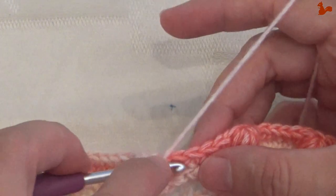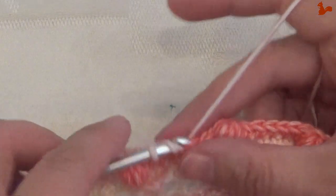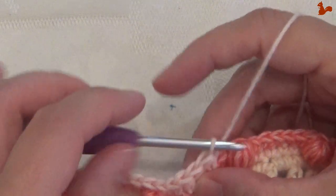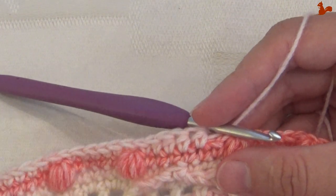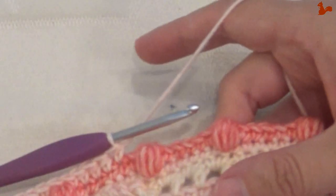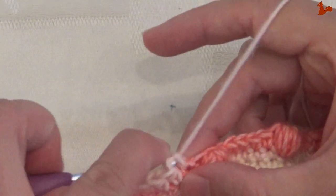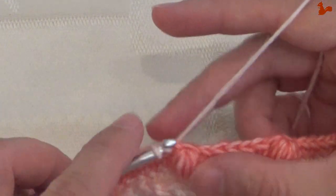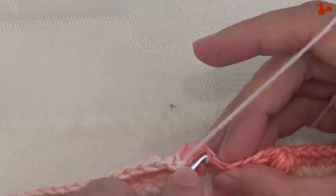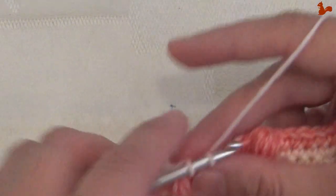That's 1, 2, 3, 4 half trebles, and then again 18 double crochets, and that should bring you to the next corner. So here this is 1, and then here's 2, and then that's again the chain 1 above the puff stitch. So here's 3, 4,